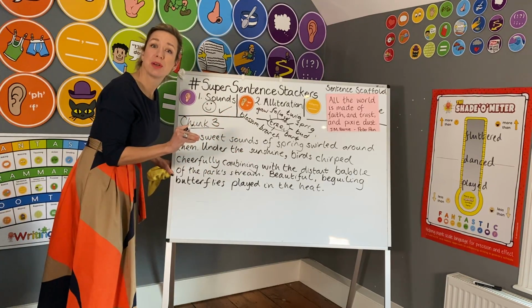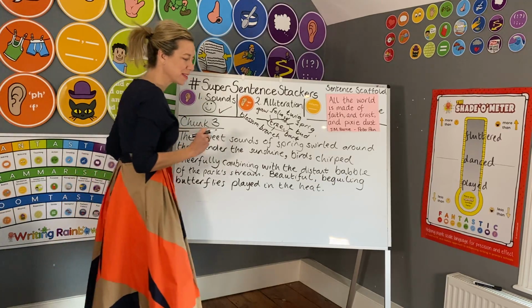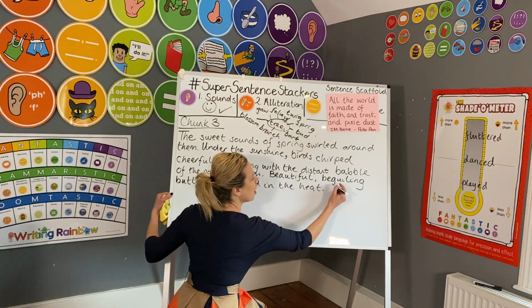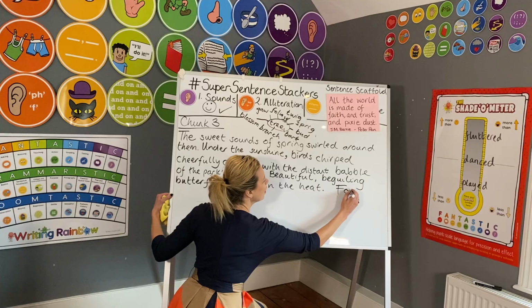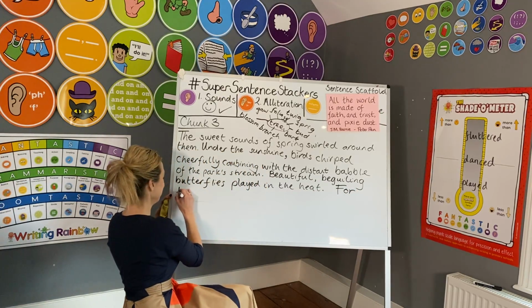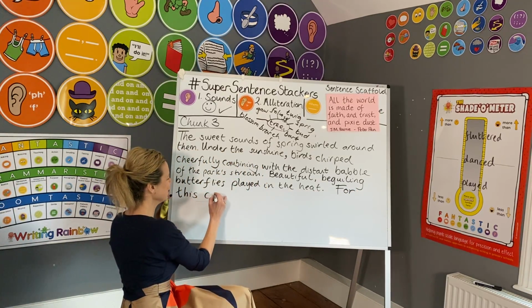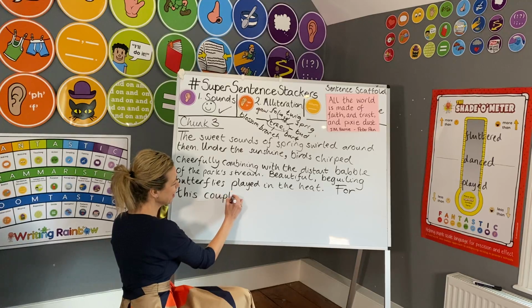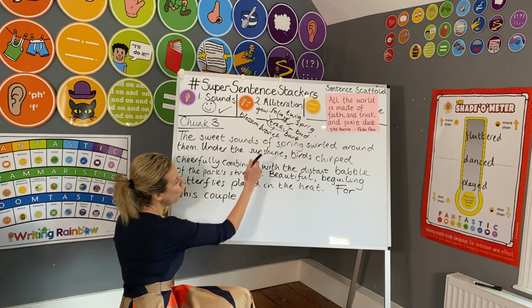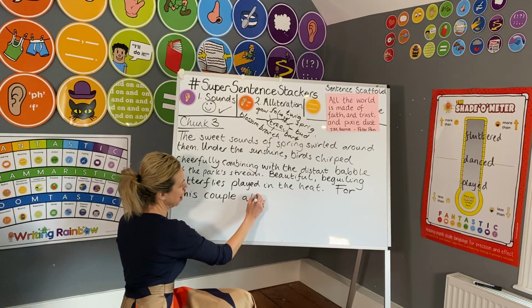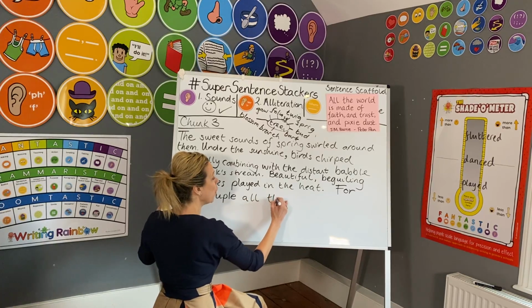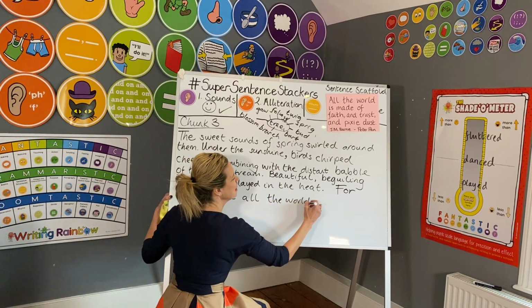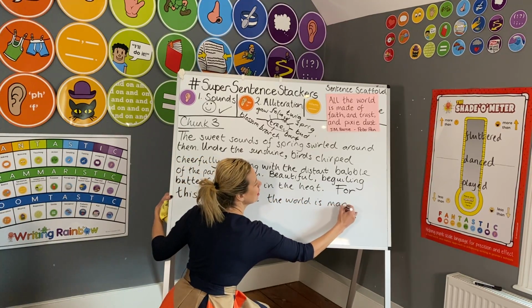It's about these trees who are friends. So I'm going to start like that. For this couple, man tree and lady tree, for this couple, all the world, thank you J.M. Barrie, all the world is made of,